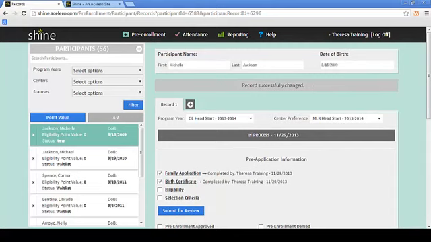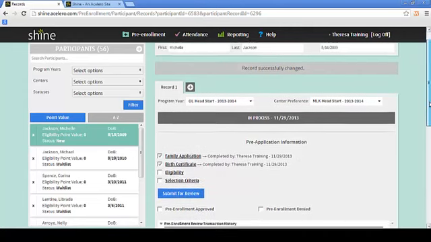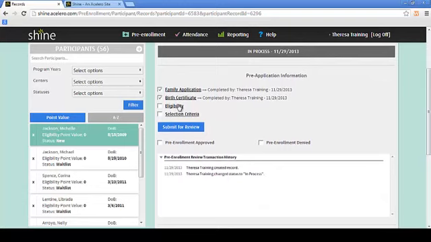Record successfully changed, and you can see the change right here at the top. It went from a new status to an in-process status, and next to family application and birth certificate, it tells me who completed this and what date they completed it. Moving on to the eligibility information,